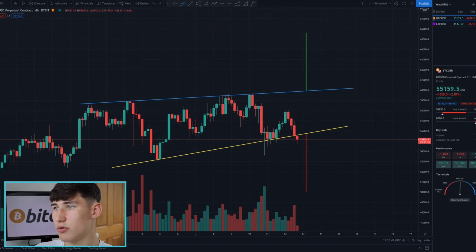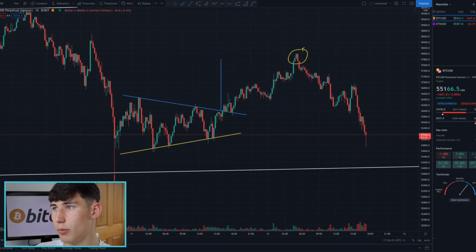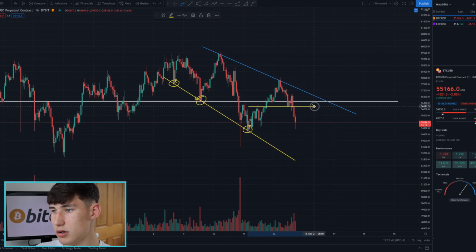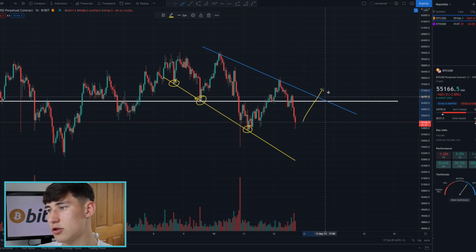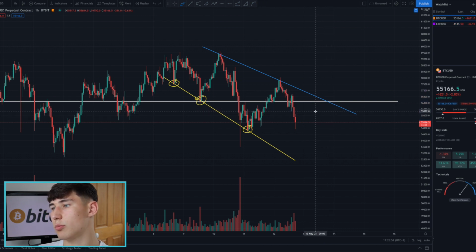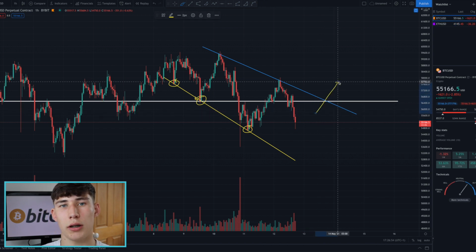In the short term, slightly bearish, because we are ultimately below our white support level, but once we get back above it, then it is good news, and I will be putting in that long position if we do break to the upside here, and I will be keeping you updated if I do put this trade in over on